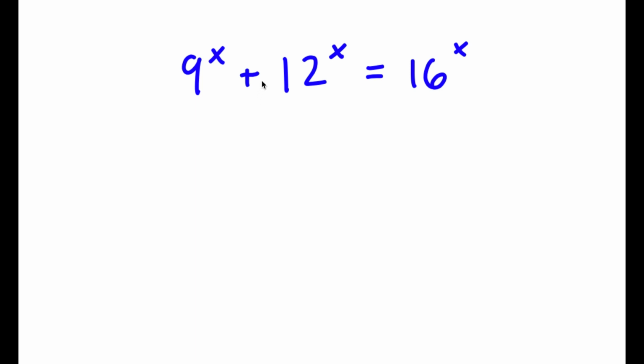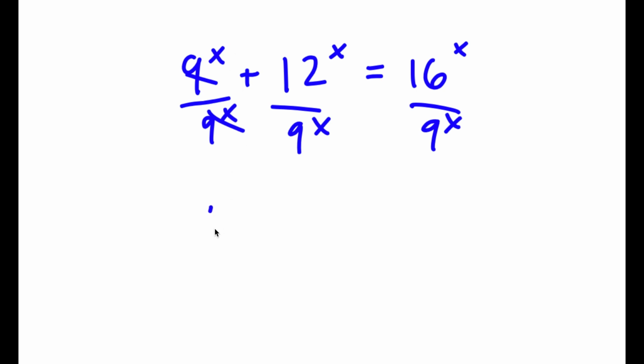Alright, so in this problem I have 9 to the power of x plus 12 to the power of x is equal to 16 to the power of x. So I'm going to first start by dividing every term by 9 to the power of x. So 9 to the power of x over 9 to the power of x, those two cancel out. So I have 1 plus 12 over 9 to the power of x,